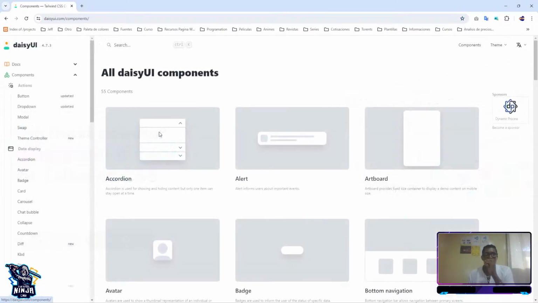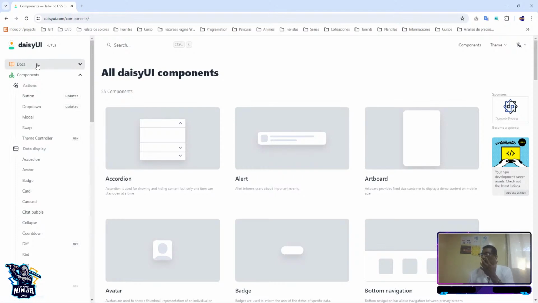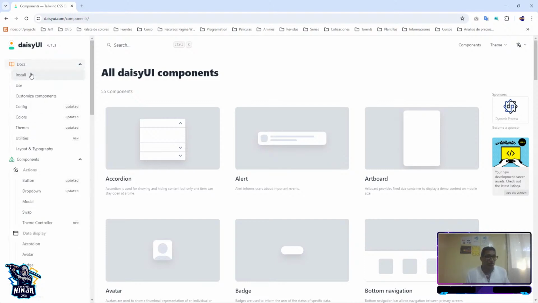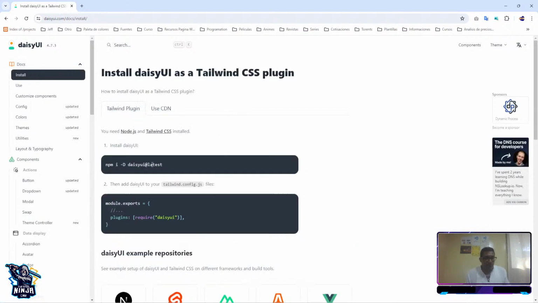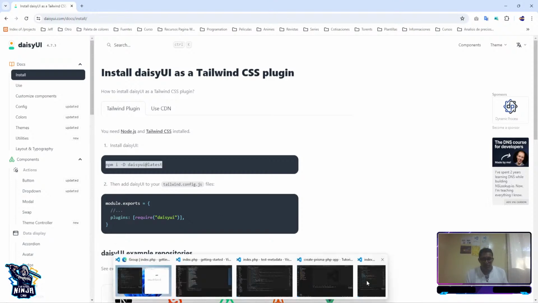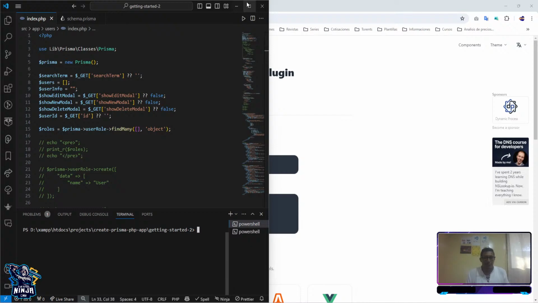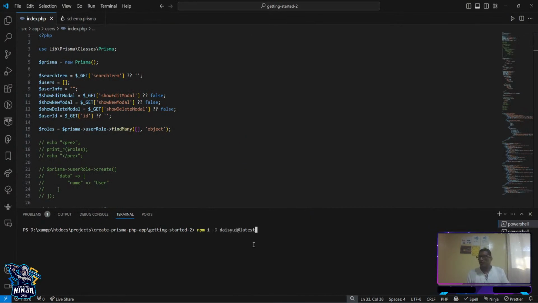because I'm gonna install Daisy UI to build my tables, and then you could go to Tailwind CSS and all those stuff. So what I'm going to do is go to documents, install Daisy UI, and this is the first, maybe when you're going to start building your app, you have to start with your packages. So I'm going to copy this because what I am trying to do is advance as possible. So here I'm going to paste it and install,